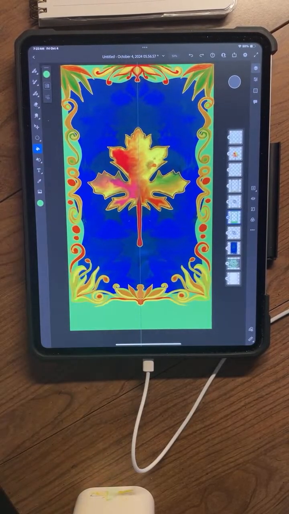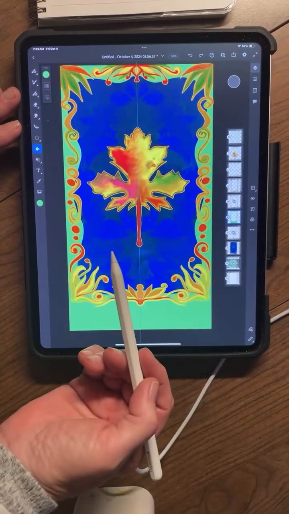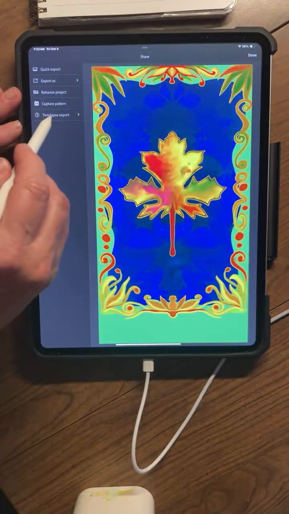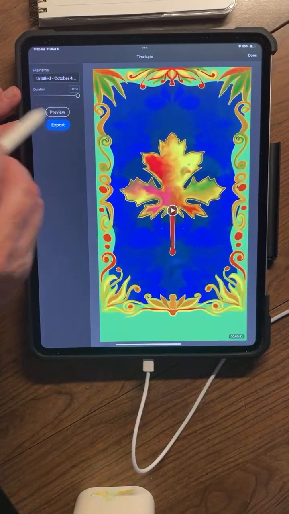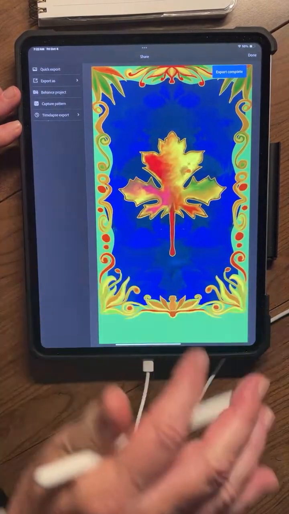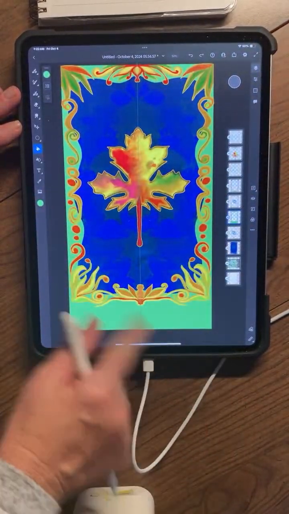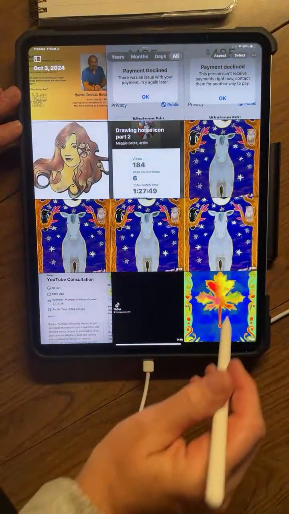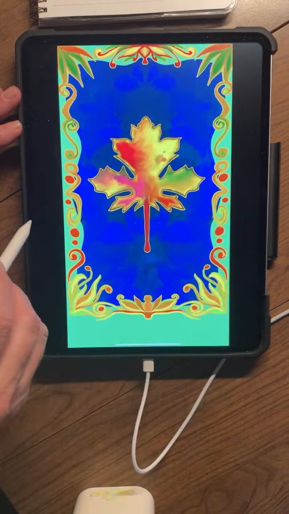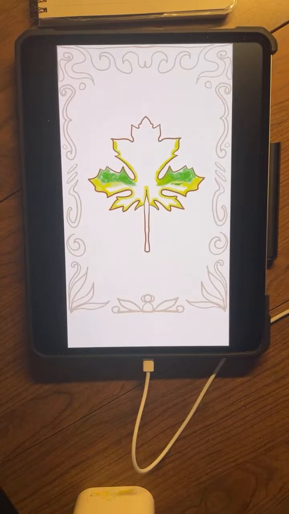I always almost forget. Let me show you what happens with this program. I make videos from these drawings, and the way that I make videos is I export this as a time-lapse piece of art, and I'm going to save the video, and then I will show you. It says it's done. I will go to my photographs, and that's my most recent video, and we will watch the time lapse. This is when I first started this morning,